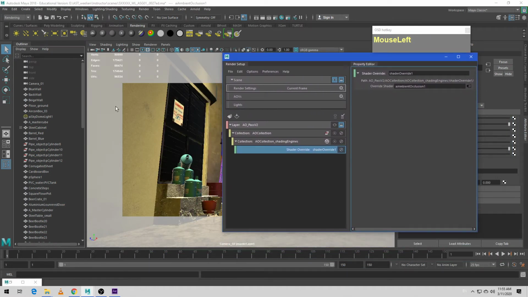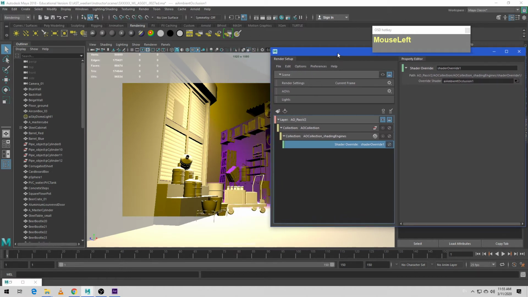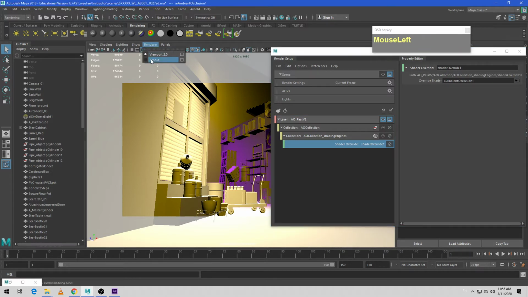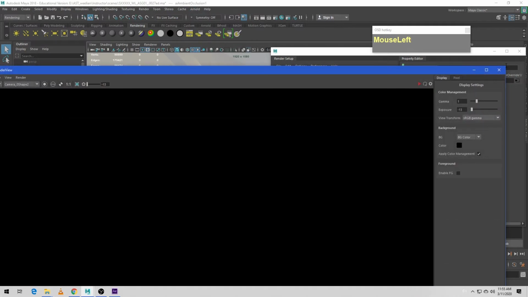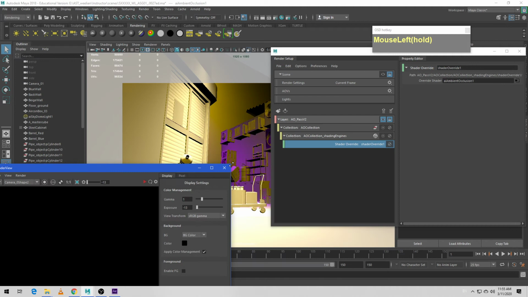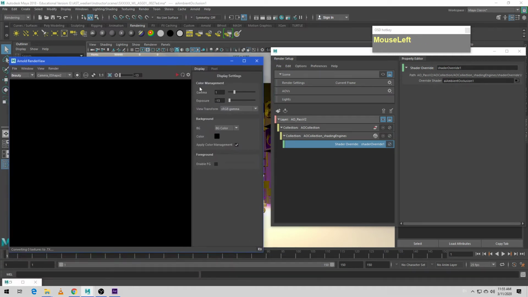Now, in order to see the results of this layer, we have to click on the eyeball here. And you'll notice that the viewport will start to change a little bit. And since we are not in the Arnold renderer, you can change your renderer to the Arnold viewport. Or if you want to have a faster response, you can open up your Arnold render view. Okay, and I'm just going to reduce the size of this a little bit. Now again, once I hit play, the video might freeze. So I'm just going to hit play and then see the result of the